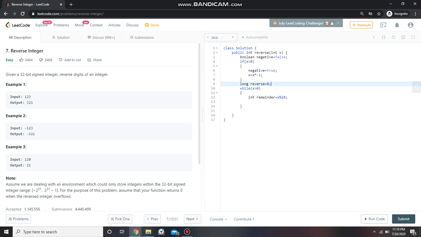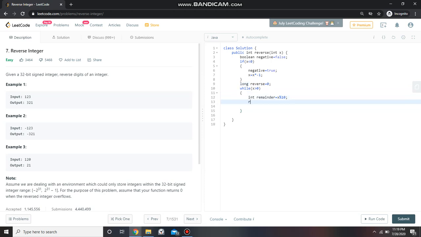We declare it long since sometimes when we reverse a number, it becomes larger than the value that it can hold. A base example can be 123 becomes 321. So suppose a number which has like 2 raised to 30 digits, if we reverse it, it may become larger than what int can hold in Java. So that is why we declare it as long.